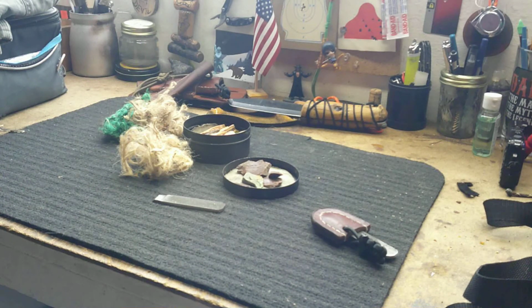There's Viking style. There are Scottish ones that are shaped like a snail. There's some really artsy ones that look like a whale. There's traditional colonial. There's Spanish Southwest style. There's every kind of steel striker out there, and some of them can be pretty pricey, having them forged and